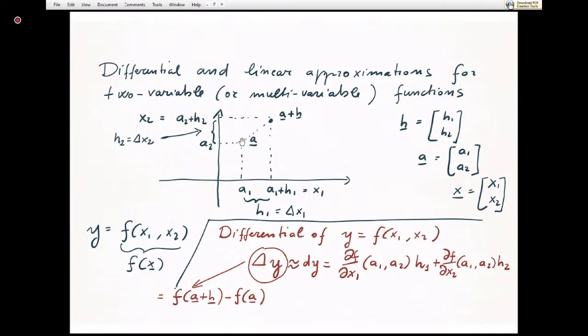So that would be the partial derivative with respect to x2 at the initial point times the increment h2. This term would be the differential in this case. Okay? And what is this sum? This is due to the fact that I'm not changing only h1 or only x1 or only x2. I'm changing both. Okay? So, in the linear approximation, this is